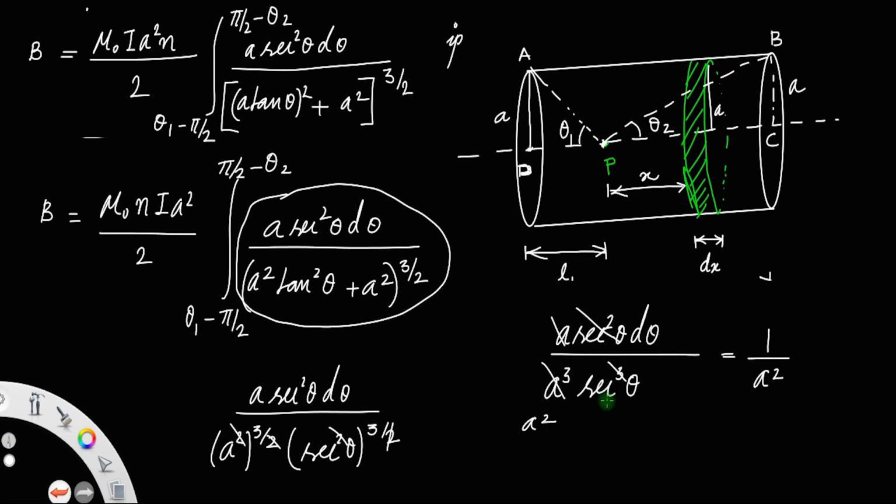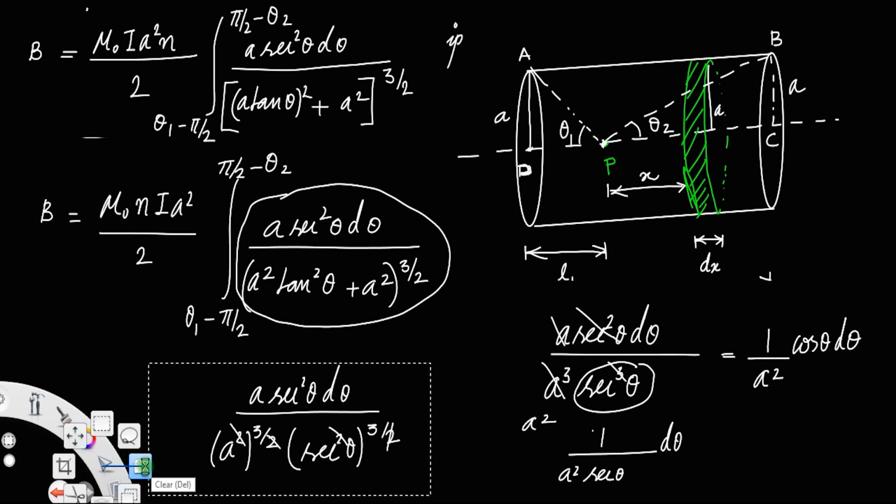This sec theta, 1 by sec theta, taking to the numerator, it will be cos theta d theta. Clear? There will be a sec theta in the denominator. If you take that to the numerator, it will be cos theta, because 1 by sec theta is cos theta. See, this one is 1 by a square sec theta d theta. So 1 by sec theta is cos theta. So if you put that in here,